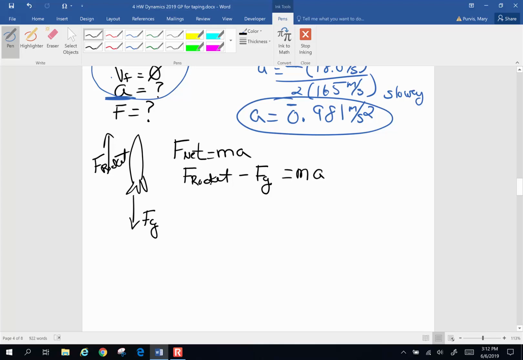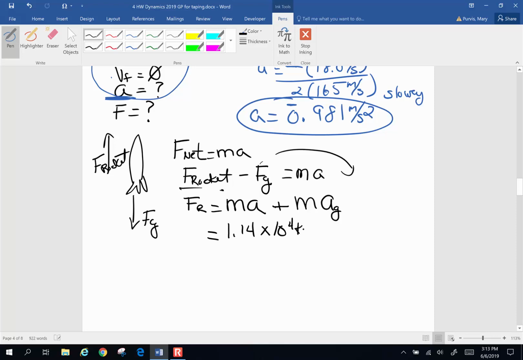Now, the force of thrust of the rocket, that's what we want to know. So FR, for force of rocket, is going to be equal to mass times acceleration of the rocket, plus, I'm going to pull this to the other side, force of gravity, which is mass times acceleration of gravity on the moon. So the mass of the rocket is a big beast, 1.14 times 10 to the 4th kilograms. We were told that in the problem. How fast does it have to accelerate? Well, we just calculated that right up here. So times